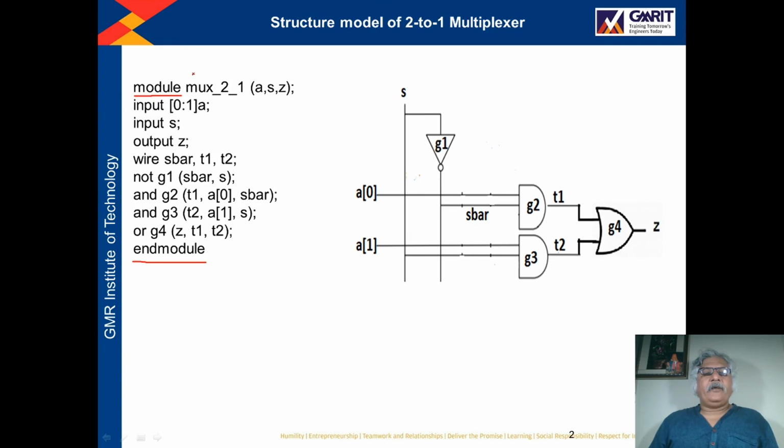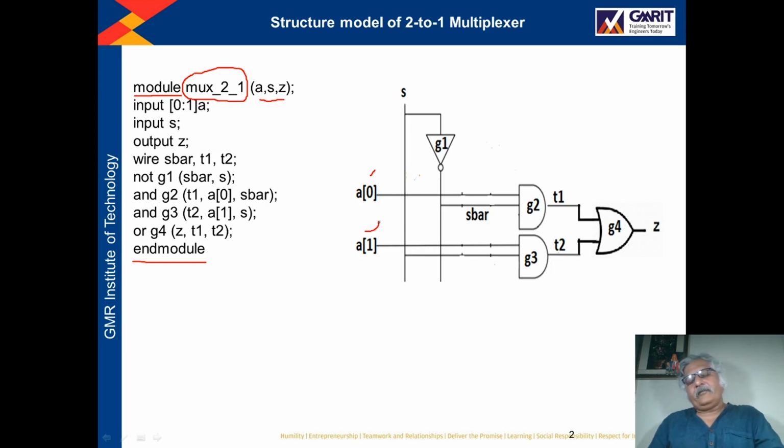I have given the name to this Verilog module as mux_2_1, and the ports are A, S, Z. Here I have written A0, A1.